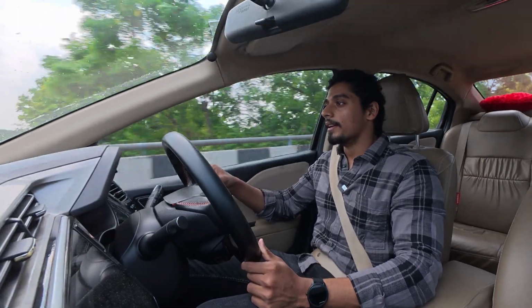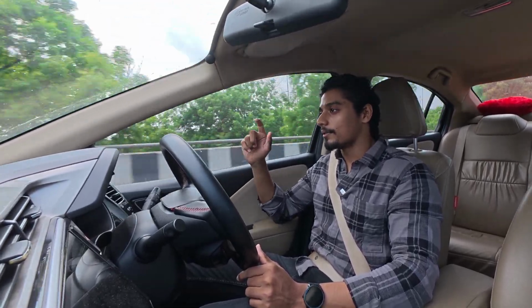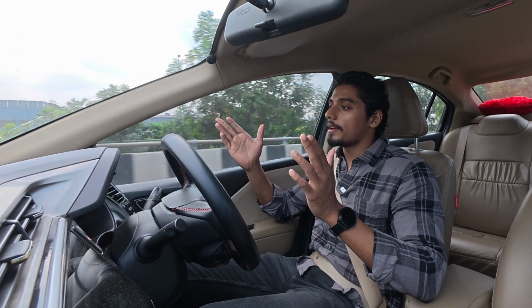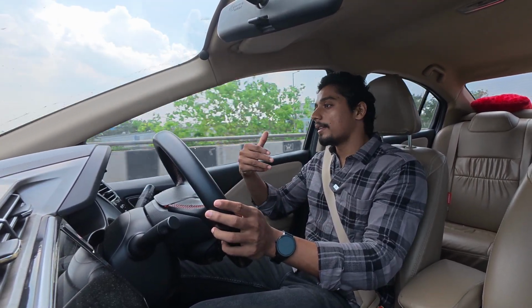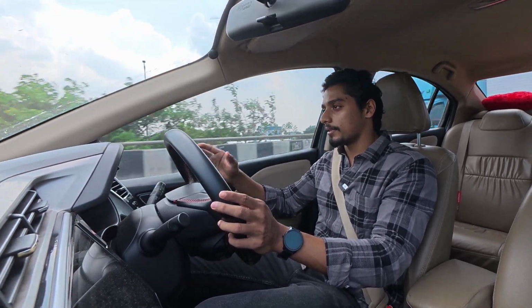Otherwise, don't buy it. If you really want a good petrol engine, there are no other options. You need to get a Honda City. Ciaz engine is good, but it's not very enthusiastic. This engine is very enthusiastic. It's very linear. Ciaz is very punchy, and it's not that great sounding of a car. Ciaz is a more comfortable car, I would say. If your priority is only comfort, please go for Ciaz. If you like driving and if you are enthusiastic about cars, I would say City is the option to go,